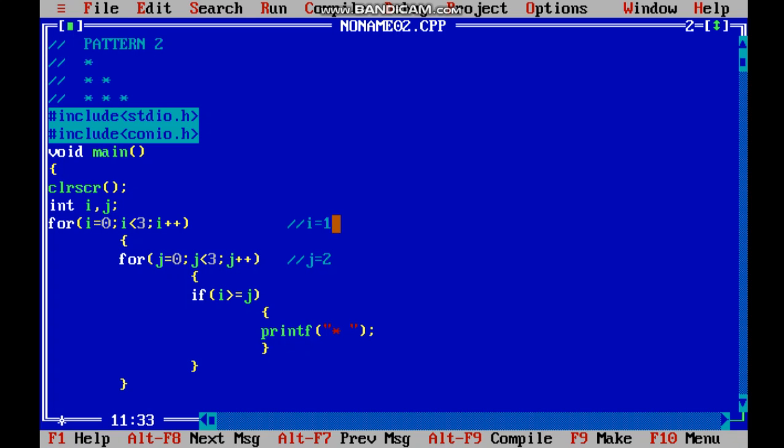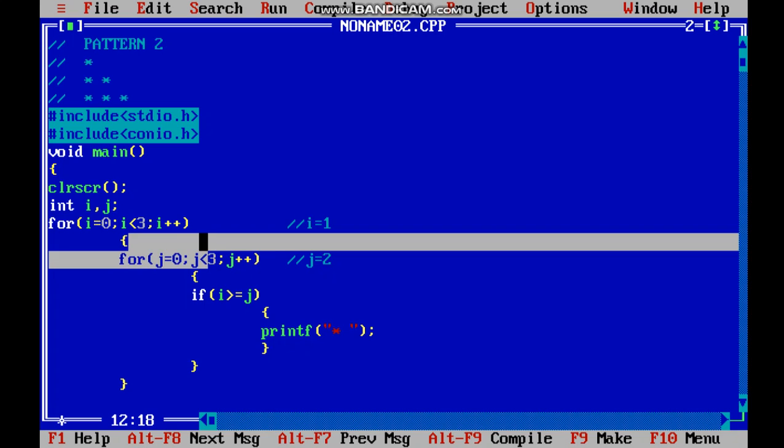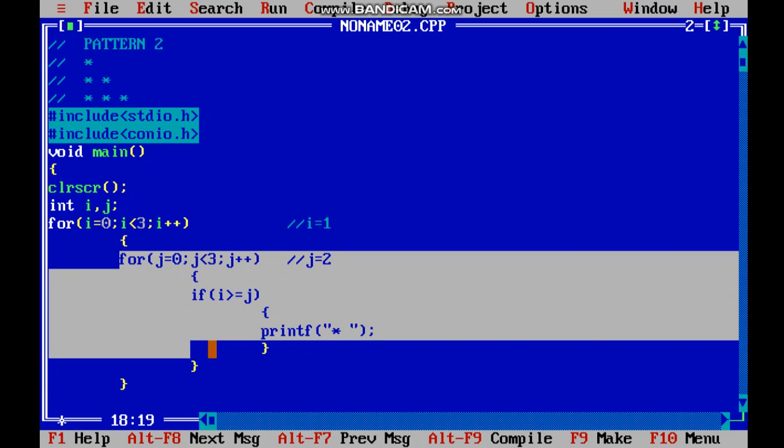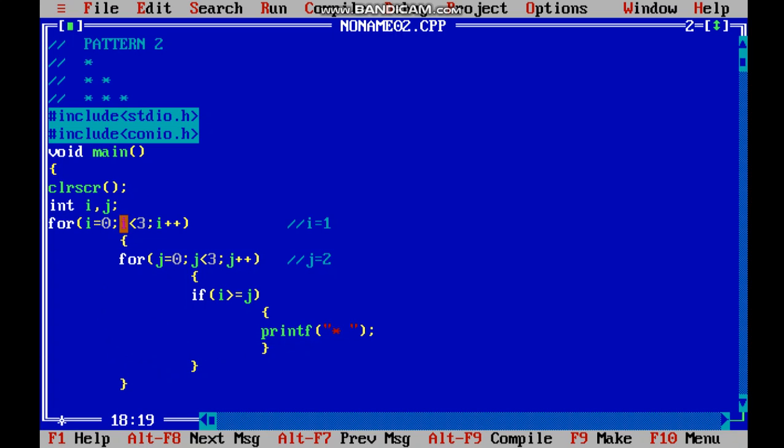Welcome guys. So we had the j value to be 2, and after again it was false, j plus plus will happen, right? And 3 is less than 3, the condition becomes false and this for loop is terminated for now. And then the cursor will pass to i plus plus. Now the i value is not 0 but 1. Now again the same for loop will run for i equal to 1.